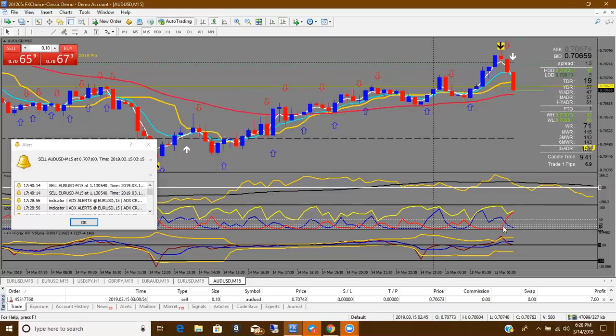What I look for is for this red ADX line to drop. And if it drops below 20, that's time to get out. That shows it's changing direction. As long as it's way up here and it's still going that way, we're going to keep going down, in my opinion. That's how I read it. I can't see my entry, so